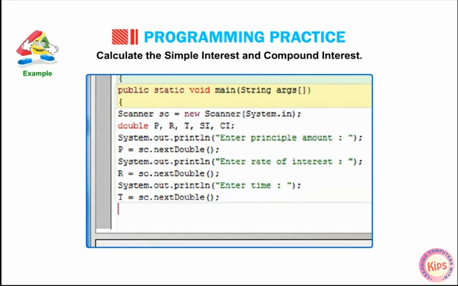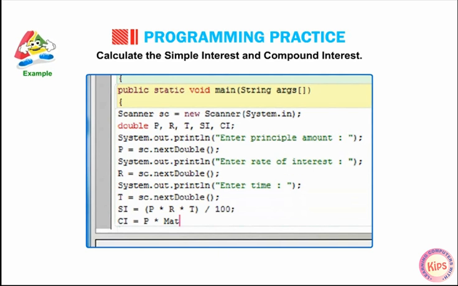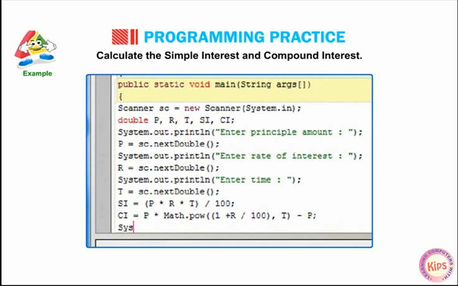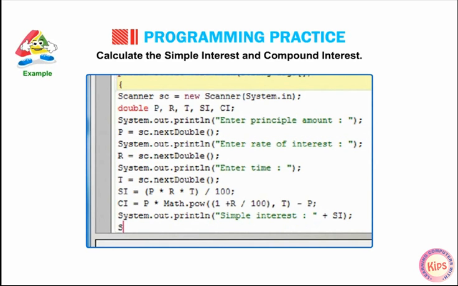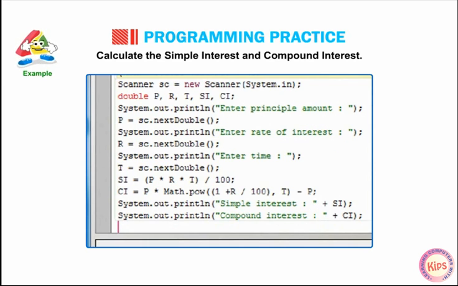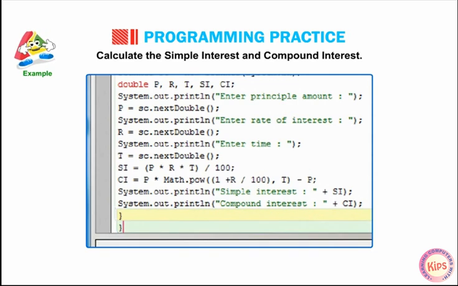si = (p * r * t) / 100; ci = p * Math.pow(1 + r / 100, t) - p; System.out.println("Simple interest:" + si); System.out.println("Compound interest:" + ci); } }